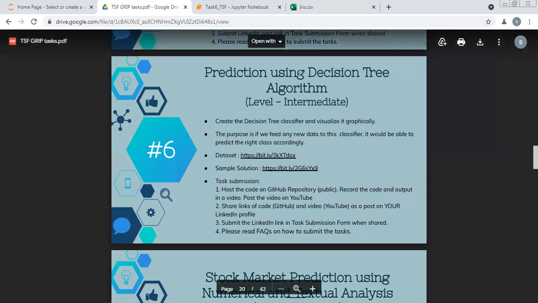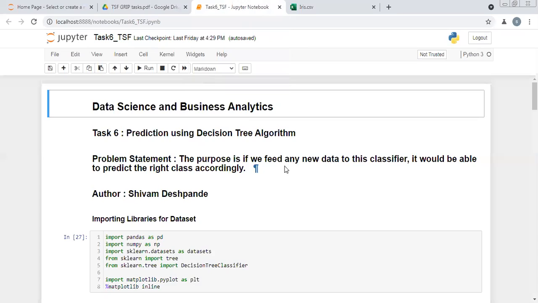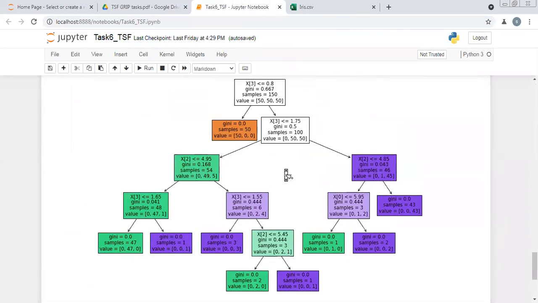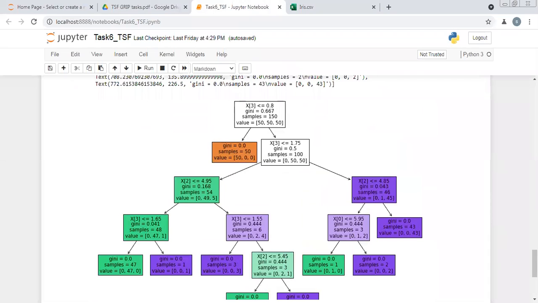Let me give you a small overview about decision trees. We'll understand it simply by referring to the decision tree that we have plotted in Jupyter Notebook. So, this is the decision tree. A decision tree is a process of dividing data sets into different categories or groups. Basically, the algorithm adds a data point to a particular group on the basis of some conditions applied. You can see these are the nodes and these are the connections. Every decision tree contains nodes and connections.